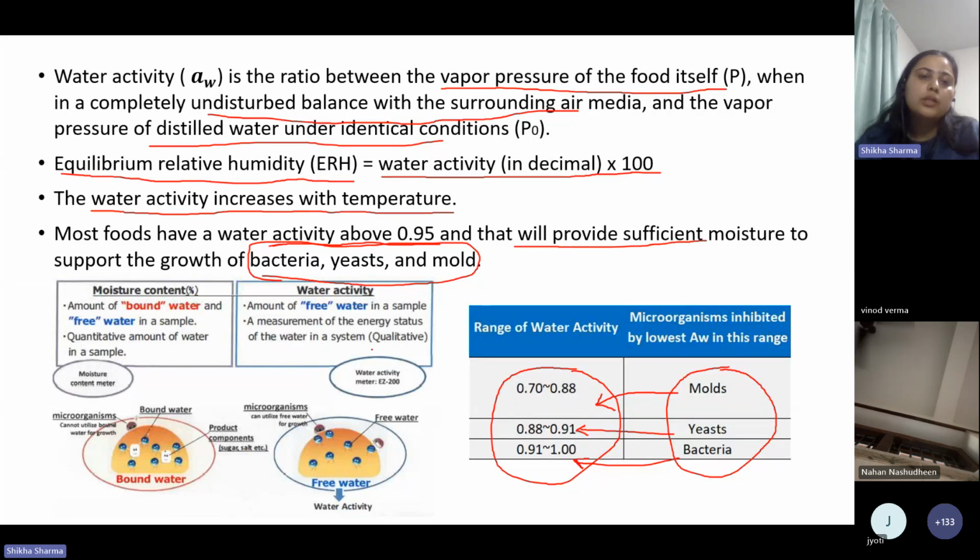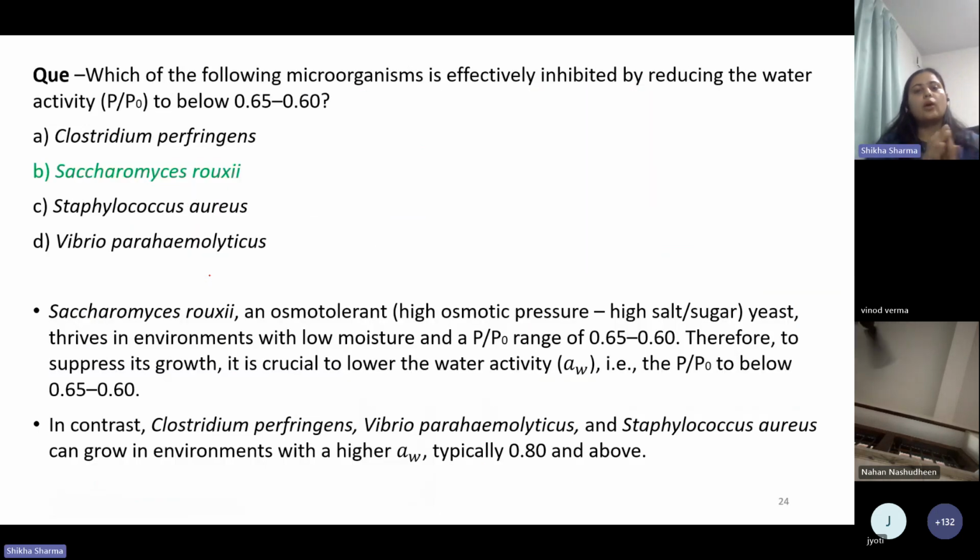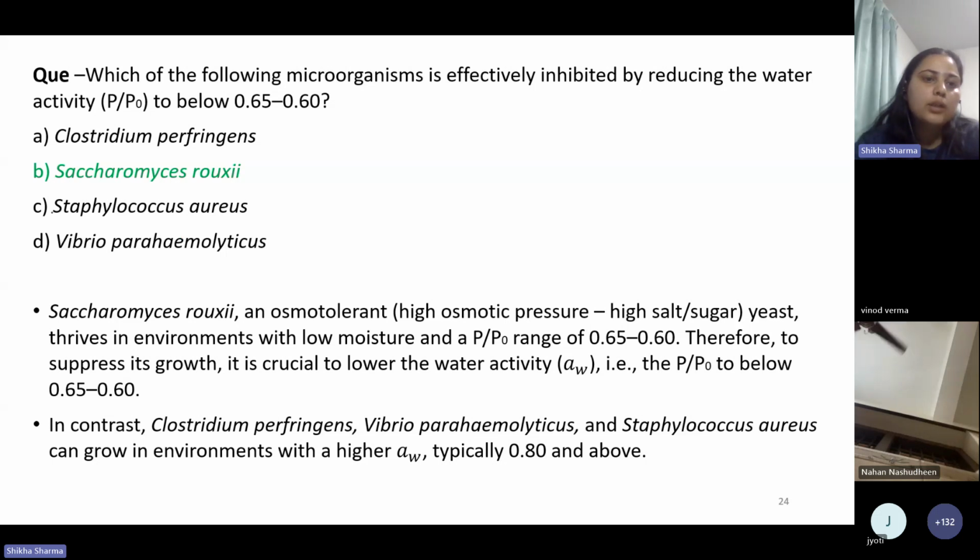There is the concept of bound water and free water. Water activity is about the free water present in any food product, while the moisture content includes both the bound water and the free water. It's a combination. So now that we have discussed the concept of water activity, we can understand that if the water activity is very low, then only the molds can grow